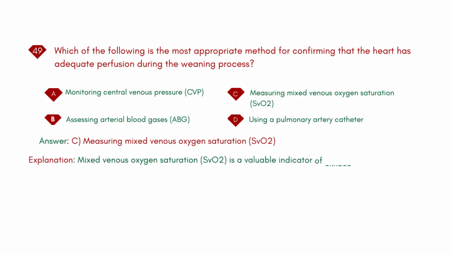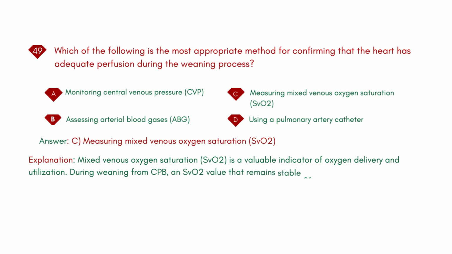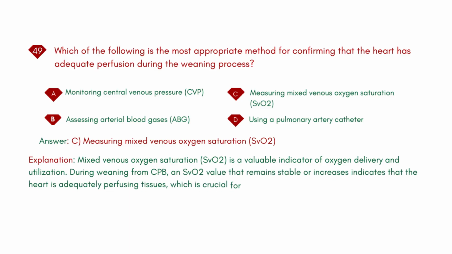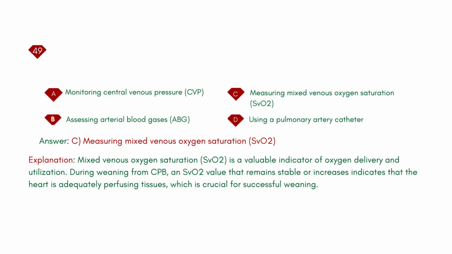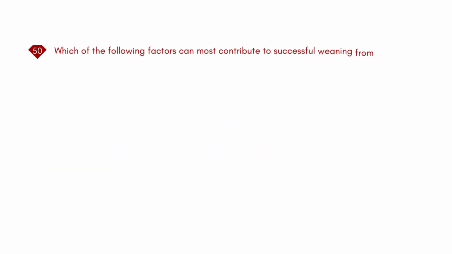Explanation: mixed venous oxygen saturation, SVO2, is a valuable indicator of oxygen delivery and utilization. During weaning from CPB, an SVO2 value that remains stable or increases indicates that the heart is adequately perfusing tissues, which is crucial for successful weaning. Which of the following factors can most contribute to successful weaning from CPB in a patient with known coronary artery